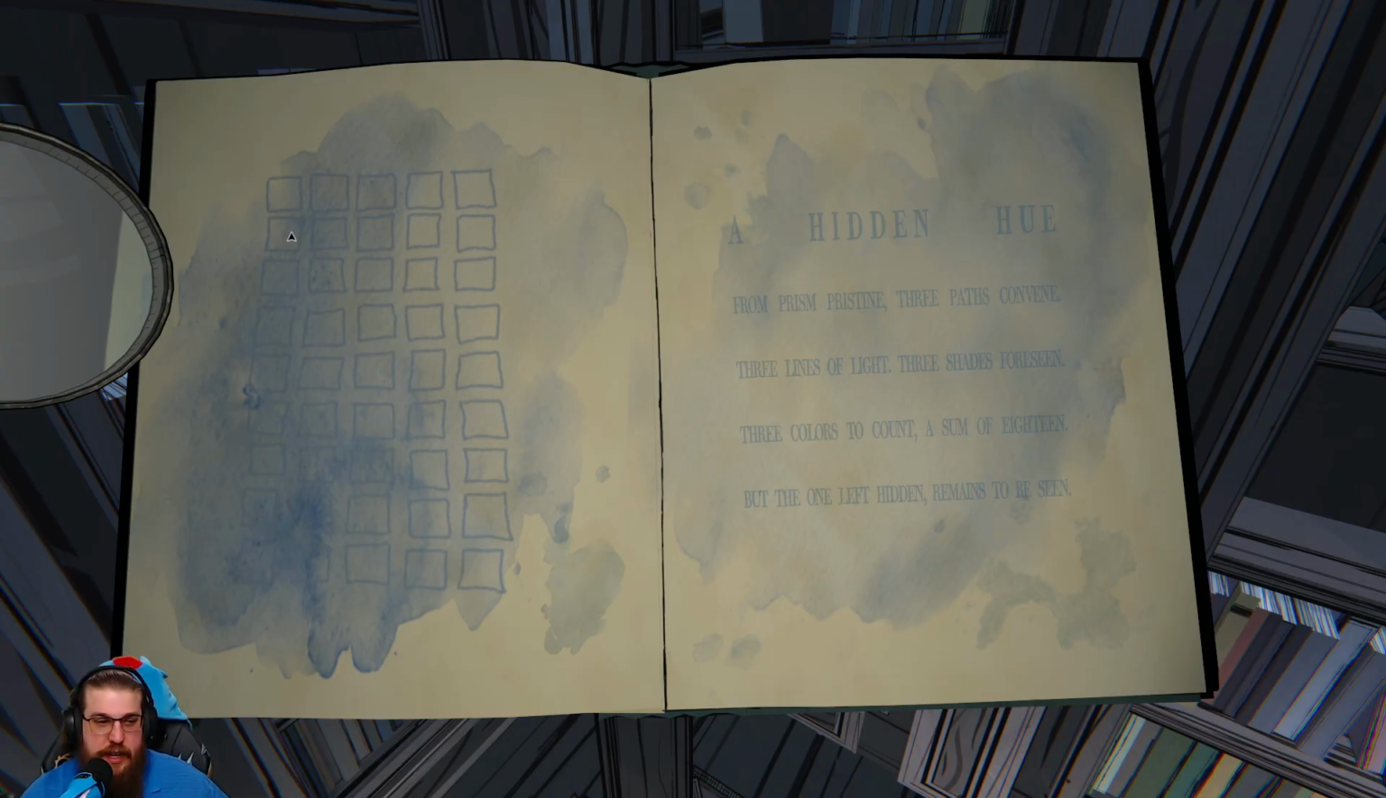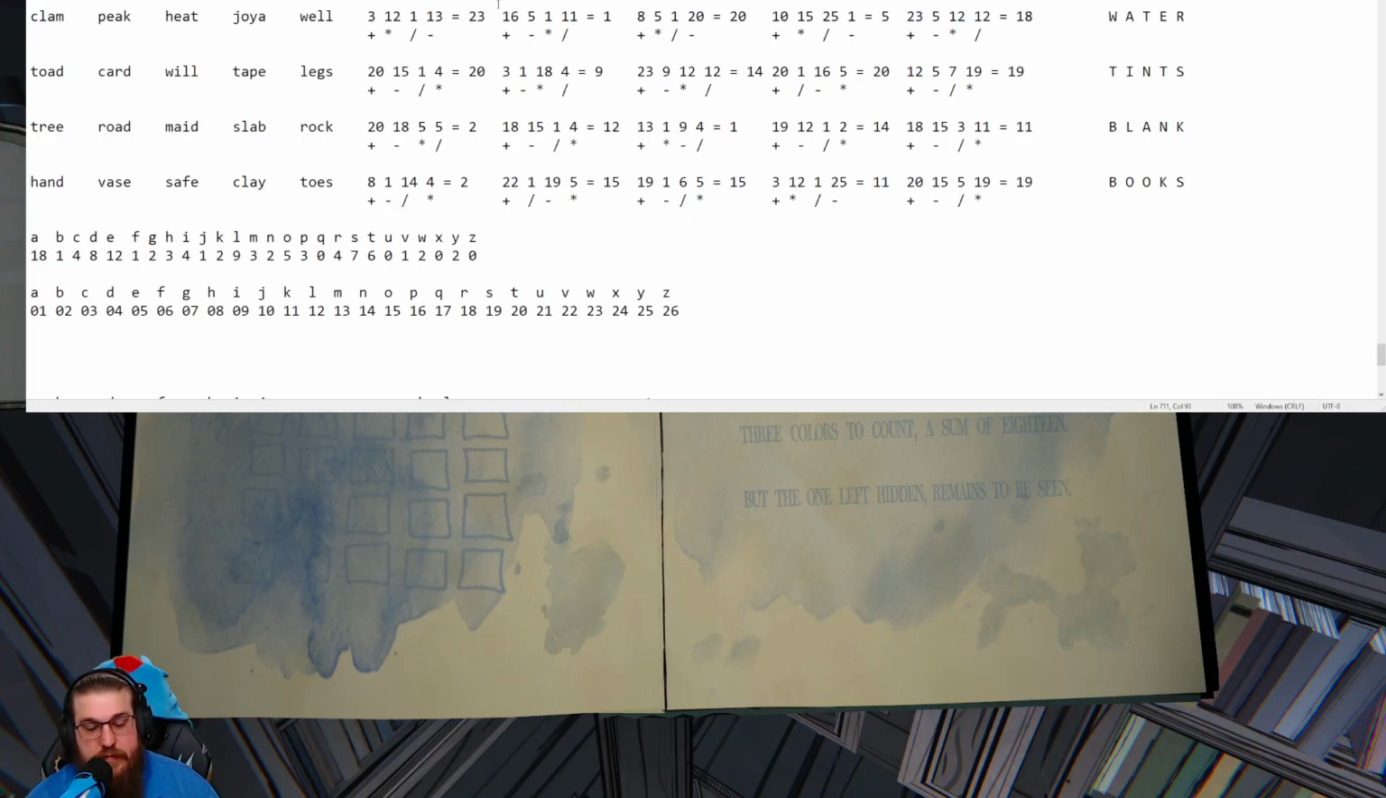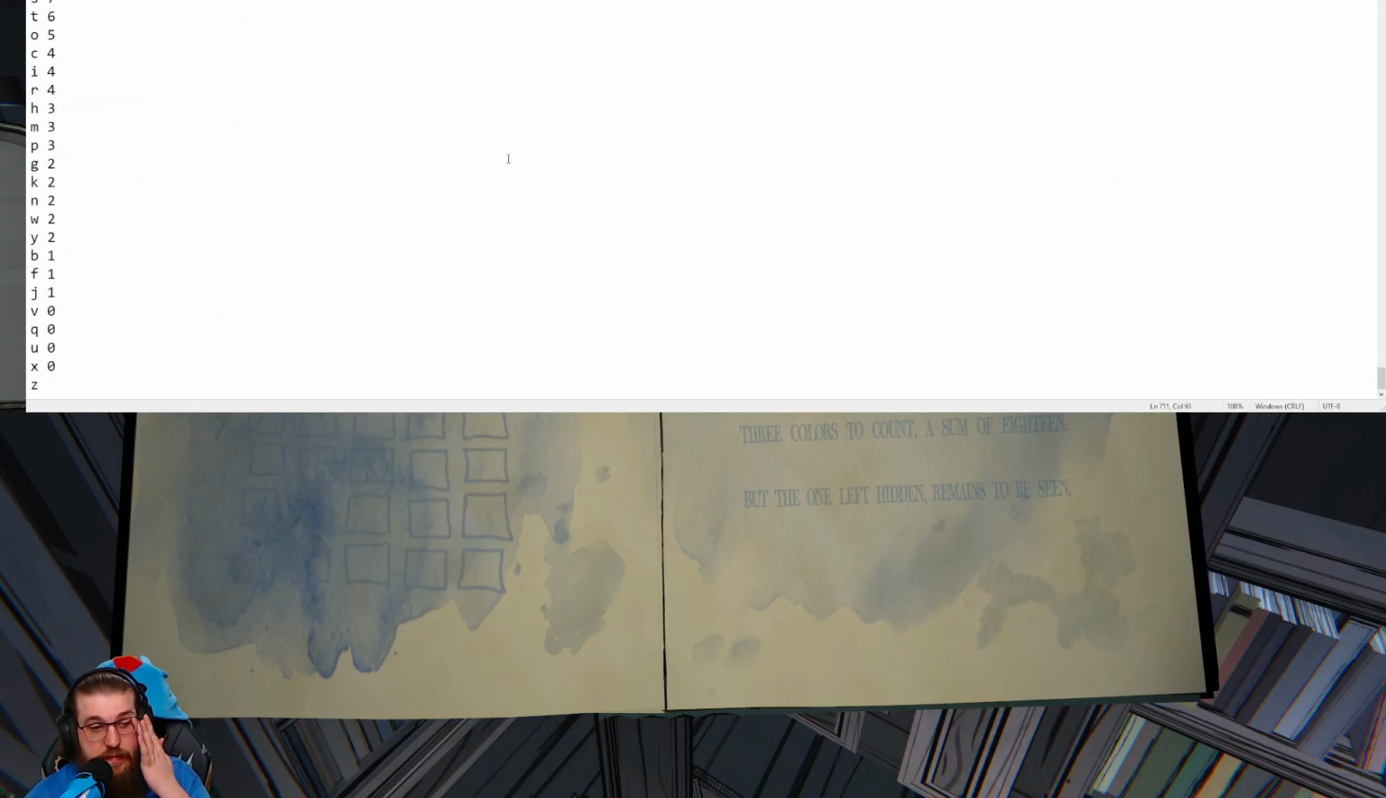Three colors to count, a sum of 18. Do these stay revealed? Do you know? You don't know, that's fine. I'll just take screenshots of them. It's fine. It's not that big a deal. They're kind of hard to read. The magnifying glass actually kind of helped, but